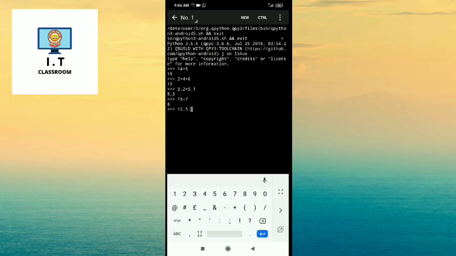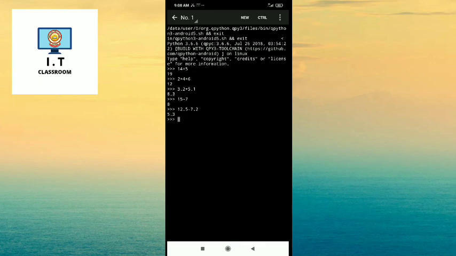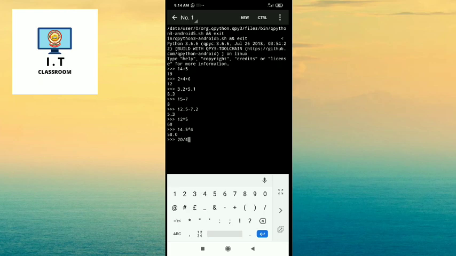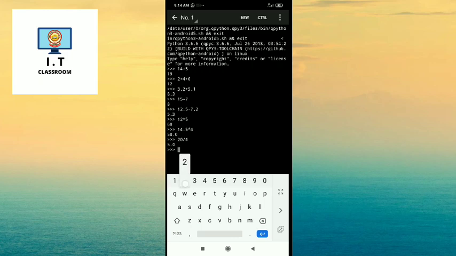In the same way, the next type of arithmetic operator which we use in Python, it is subtraction operator. The symbol minus. The symbol minus is used to subtract one number from another number.